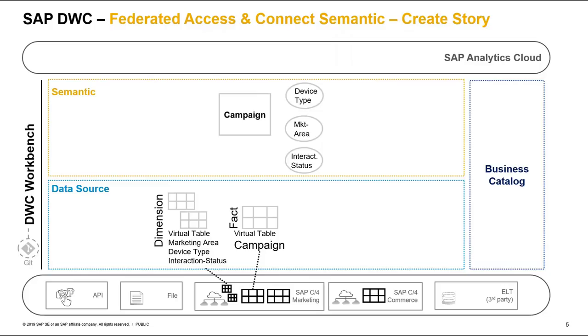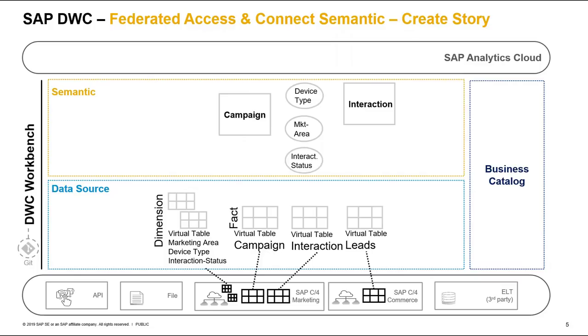Jane continues to run the same activity for the interaction, which will also generate a semantic object interaction. And from the second system, the C4 commerce system, she reverse engineers the data for the leads table. It will also end up in a virtual table on the data source layer and a leads semantic object within